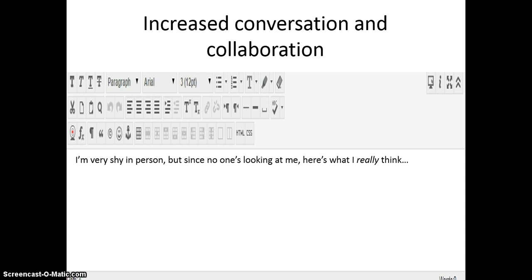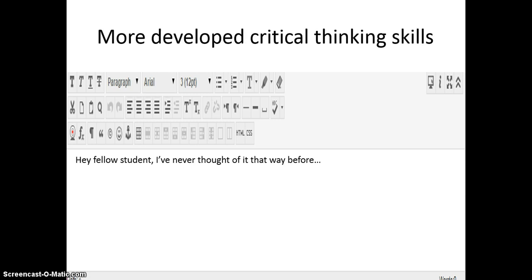Another great aspect of online discussions is that it can lead to increased student-to-student conversation and collaboration, which will lead to greater student empowerment. One of the things about online discussions is that it has more participation and less anxiety than face-to-face discussions. The social aspects of the face-to-face classroom are very intimidating for a lot of students, especially ESL students, new students, or those of us who are just simply shy or quiet. Discussion boards online can bring those shy students out of their shells.